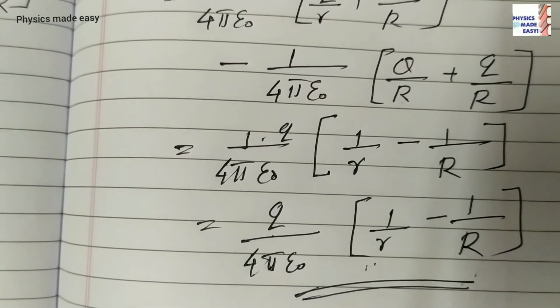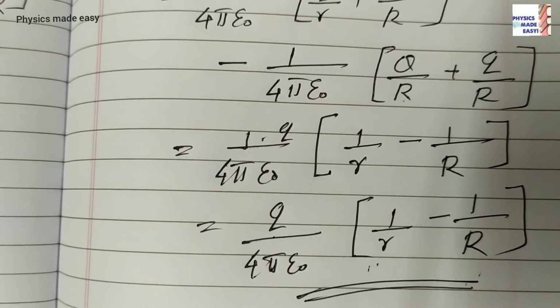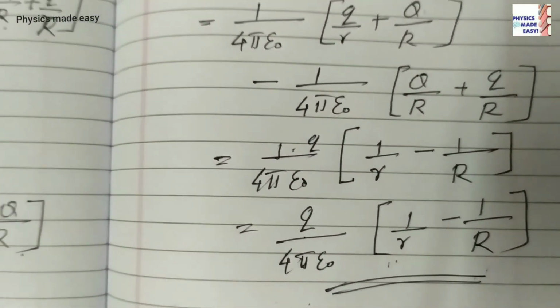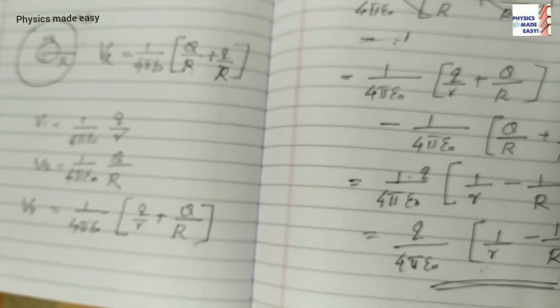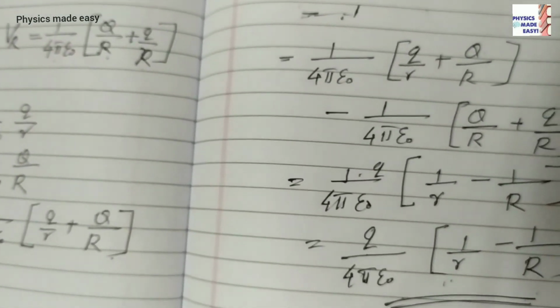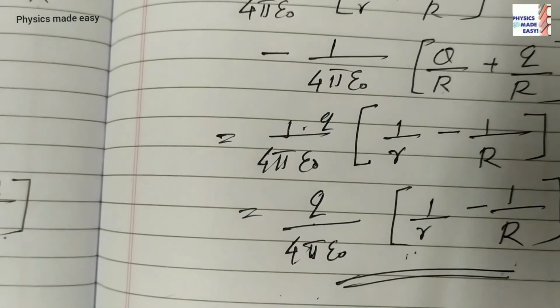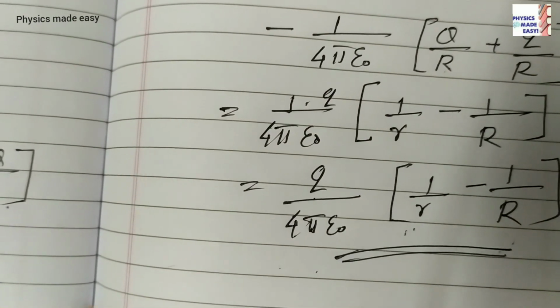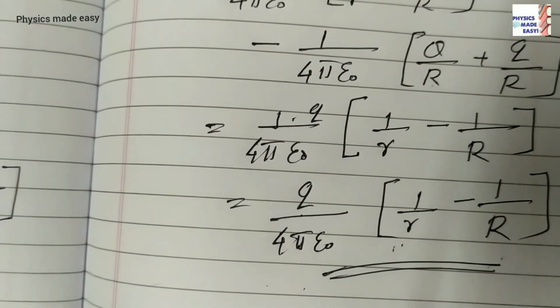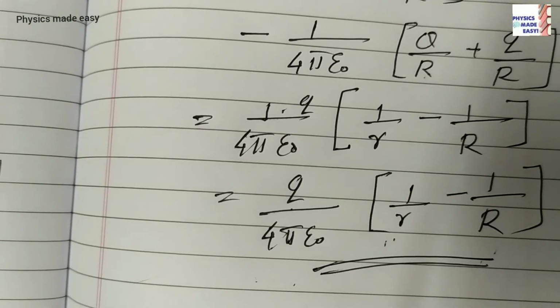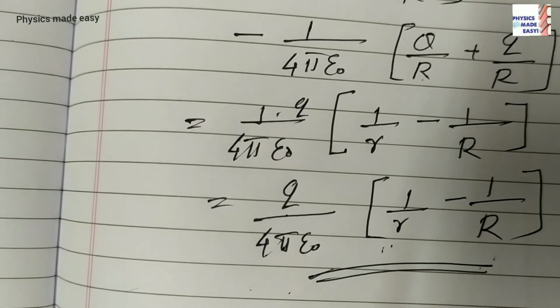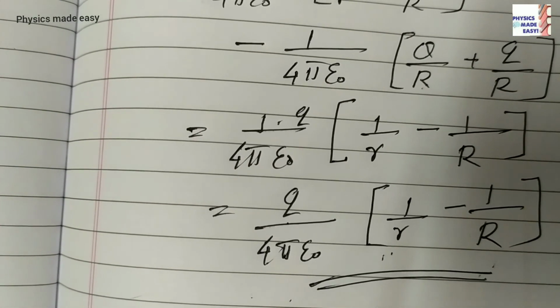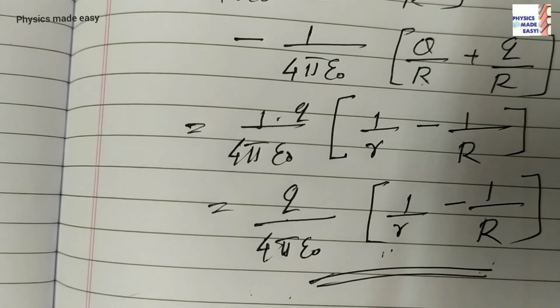Thus we can say positive charge is transferred to the outer sphere, where it spreads out uniformly on the outer surface. In this way, voltage differences of 6 to 8 million volts can be built up, and this is the working principle of the Van de Graaff generator, which is used to accelerate particles such as protons, neutrons, etc.